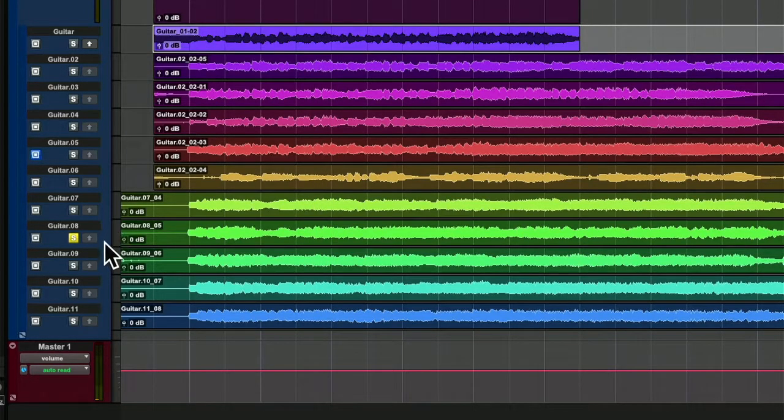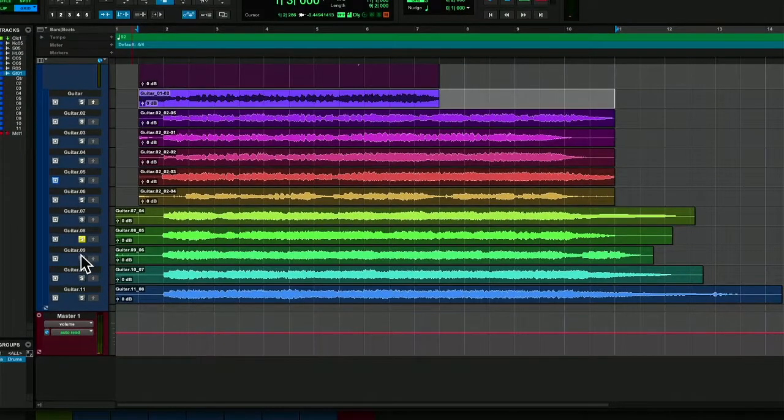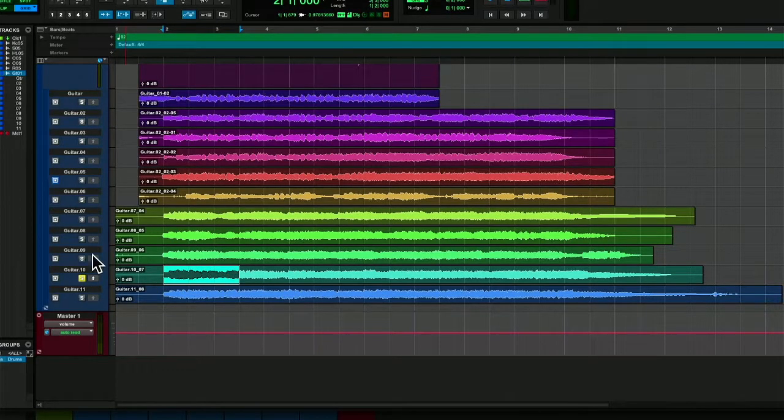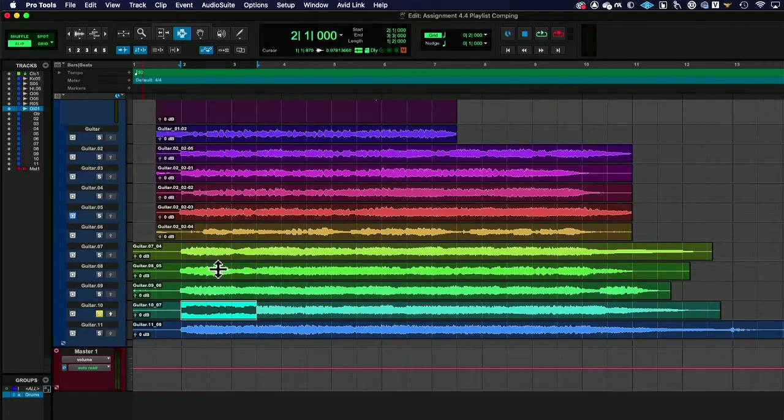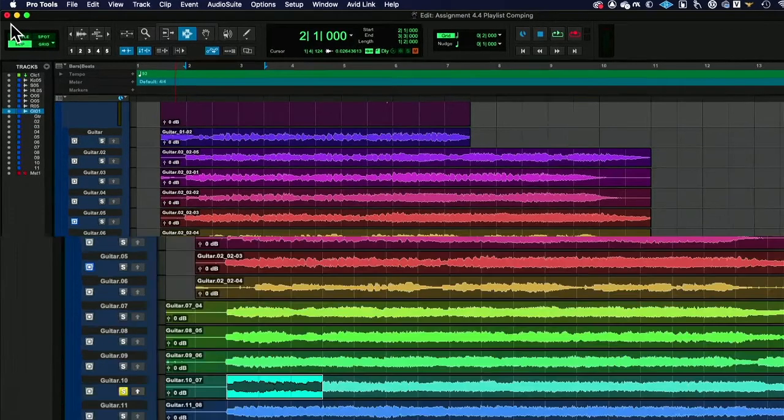You are basically going to audition each one of these and then pick the best sections of them. So if we notice, oh, we really like the beginning of this one, we're going to highlight it and hit the up arrow and send it up. Now it might be better to work in slip mode. So if we change to slip mode,